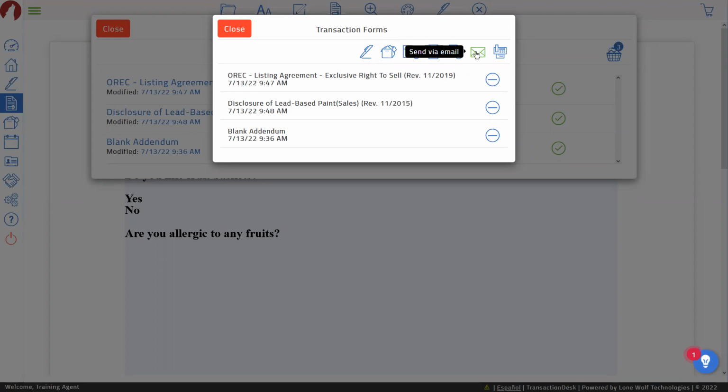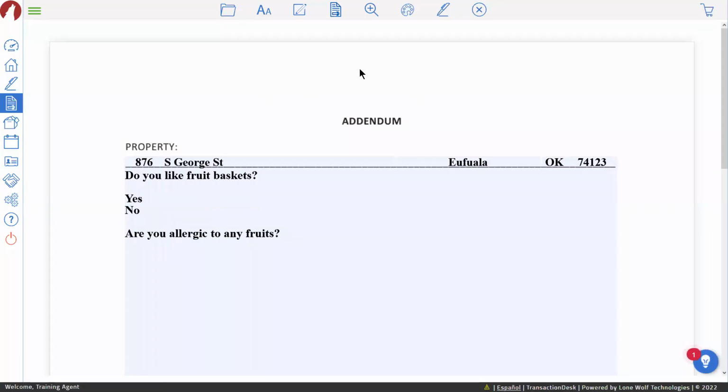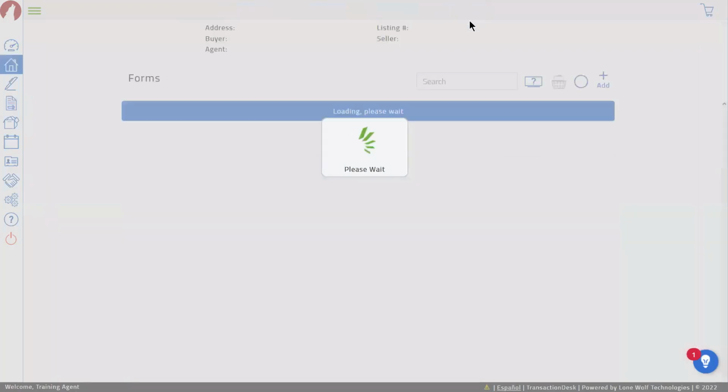So if you guys just wanted to send this off to make sure that everything was copacetic before signing, or we can even send it via fax. Now, in my case, I just want to do the send to Authentisign. But even if you guys are not in the preview, if I hit save and exit and come back to